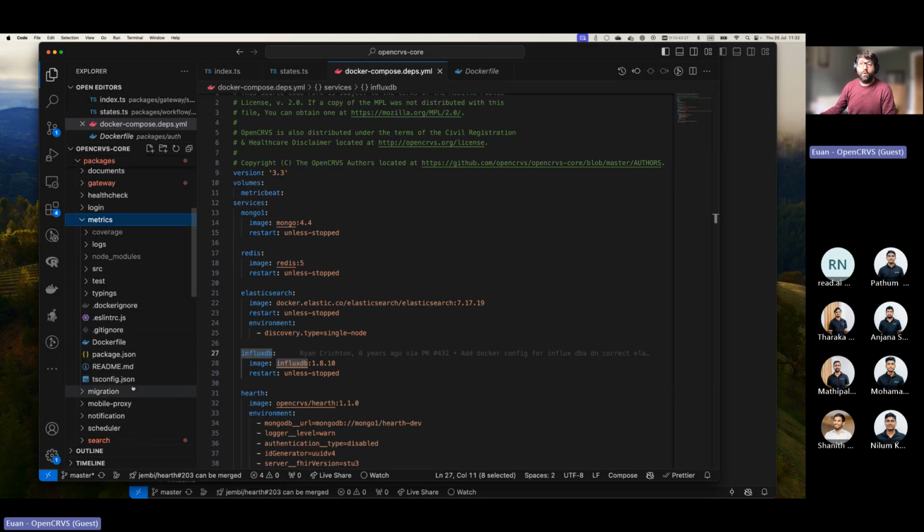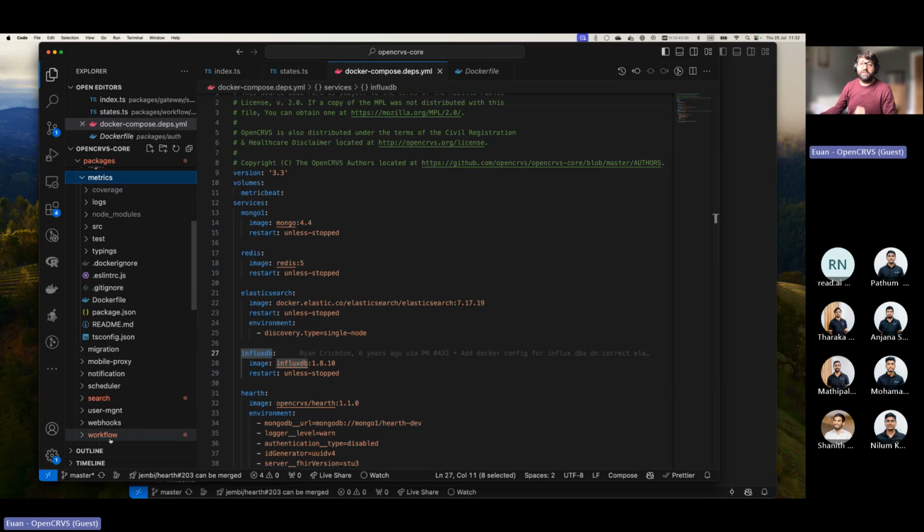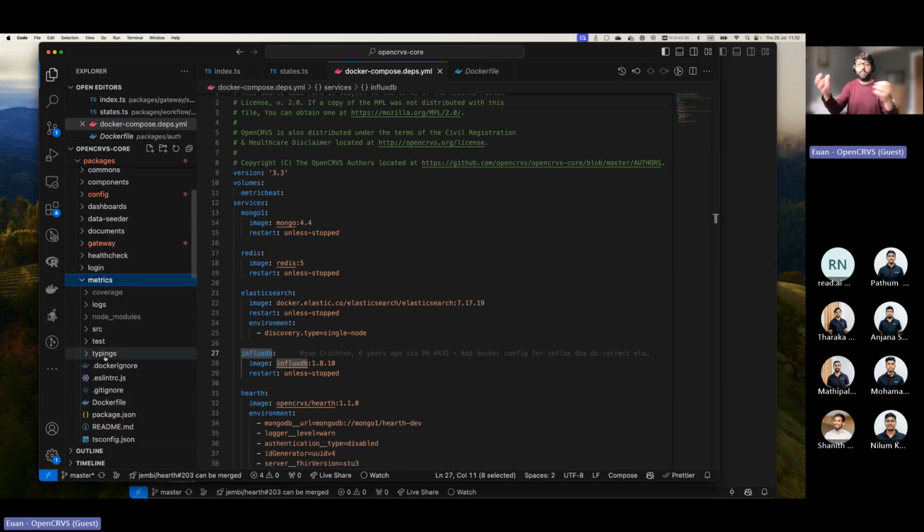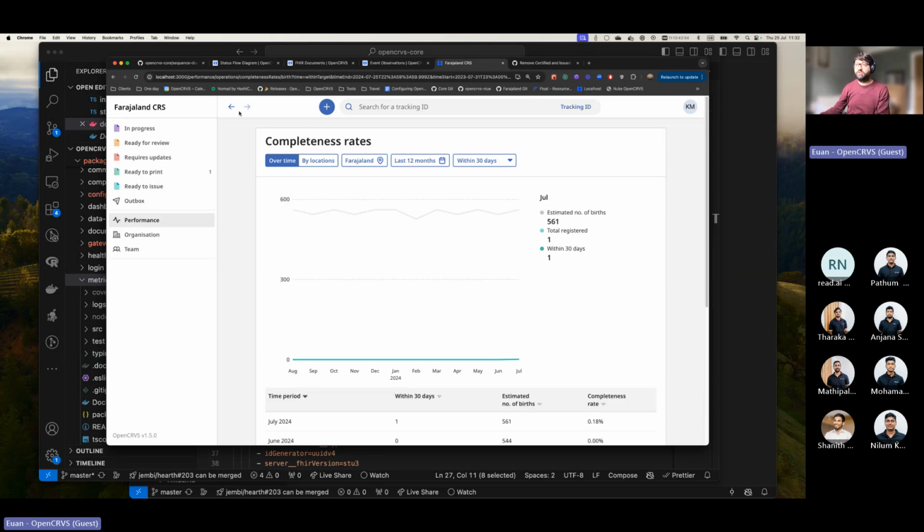So the workflow will have dispatched the full bundle to search, and metrics will get that bundle and then they'll go, right, okay, I need to pick out the gender. I need to pick out the location, the FHIR location ID. That's all I need. And the dates. And maybe other things, like we could do all sorts of business analytics, such as